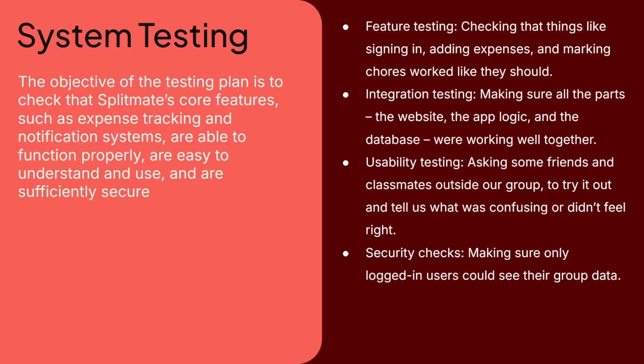And then we also wrote down sample test scenarios for each feature. For example, we signed in with Google, created a group and removed users, added and edited expenses, and assigned chores. And then there are also non-Google logins. We tried that one, and you're also able to authenticate your email, and it does send the email to your inputted email. And then that is it for that one.